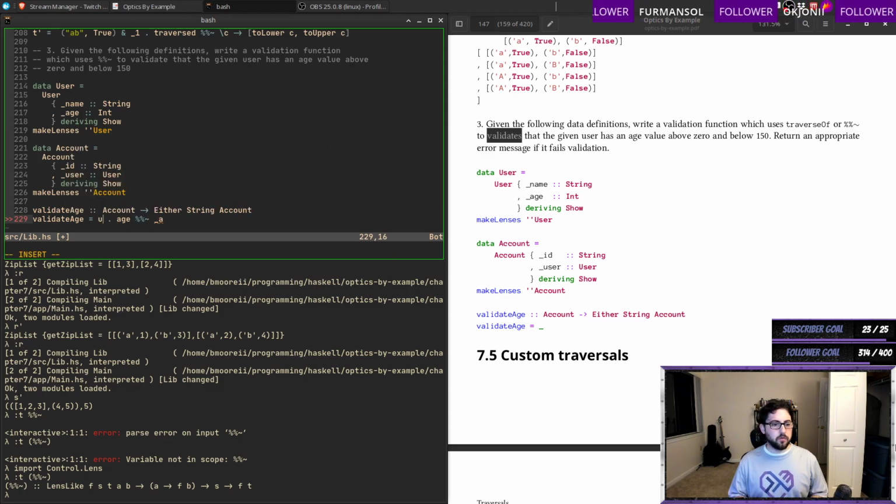And then over here, we need a function that basically embeds the either. So we're going to be given an n, and then we can say